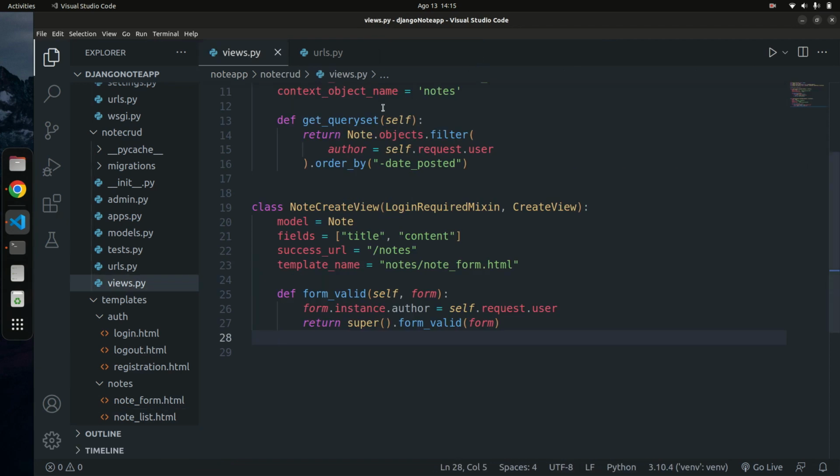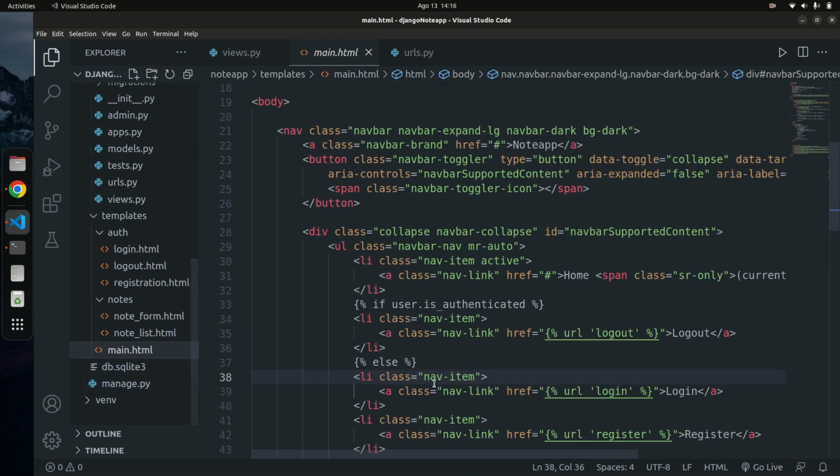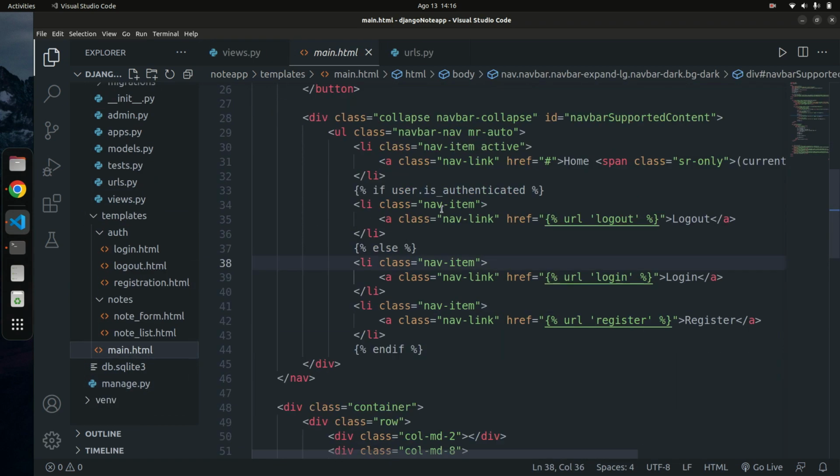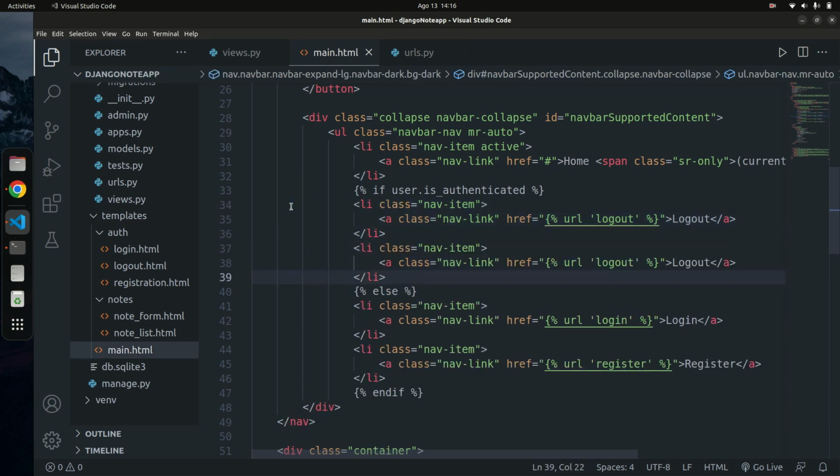So I'm going to go ahead and simply go into my main.file, and then simply here check if user is authenticated, only showing logout, right? Now we're going to simply copy this and paste it one more time, and I'm going to change this to be create